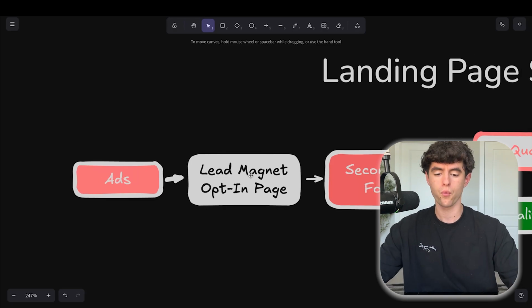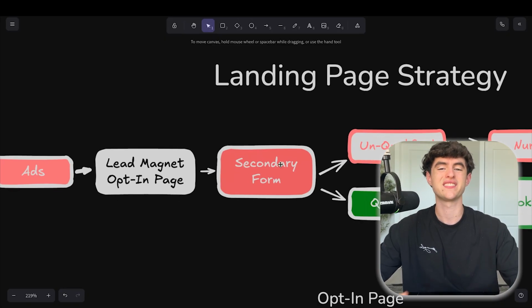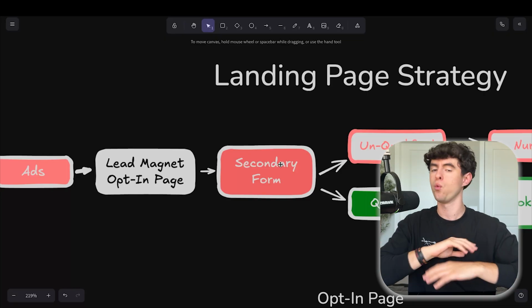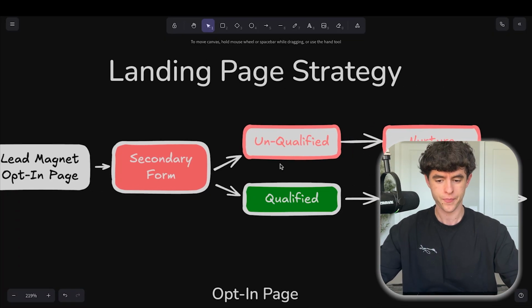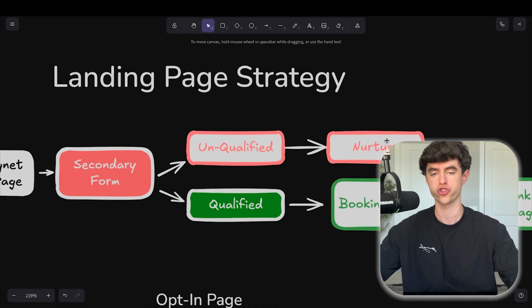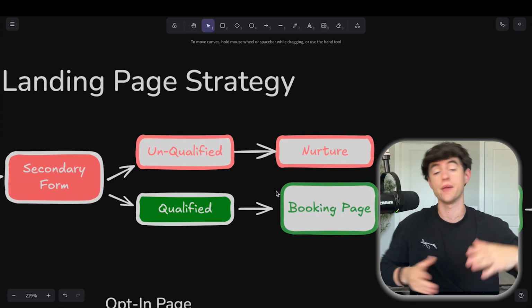And then from here, you're going to offer them a secondary form as soon as they click submit, where they have the ability to submit more information about their home, how much they're looking to get out of it, when they're looking to sell, all that kind of stuff. If they don't fill this out, then this disqualifies them and you can just nurture them and keep them top of mind. But those who do fill it out become qualified, and you can then send them to a booking page